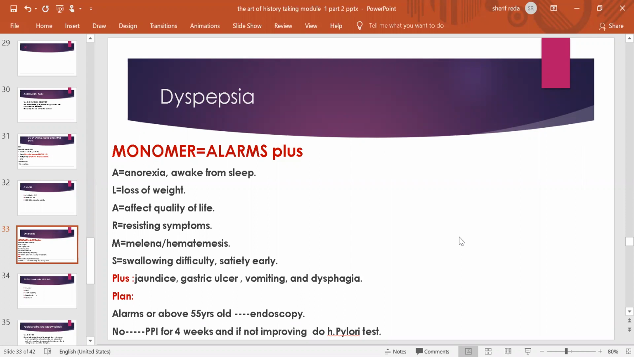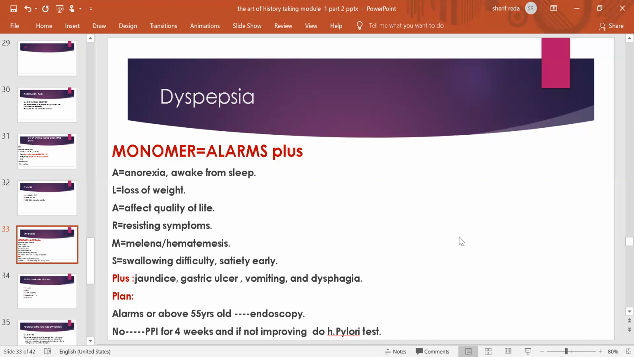What are the alarm symptoms? For the case of dyspepsia, it has a mnemonic called ALARMS plus. A stands for anorexia and awakening from sleep. L stands for loss of weight. A stands for affecting quality of life. R stands for resisting symptoms. M stands for melena or hematemesis. S stands for swallowing difficulty or early satiety. If you have any one of those alarm symptoms, plus jaundice, gastric ulcers, vomiting, and dysphagia, and so on,